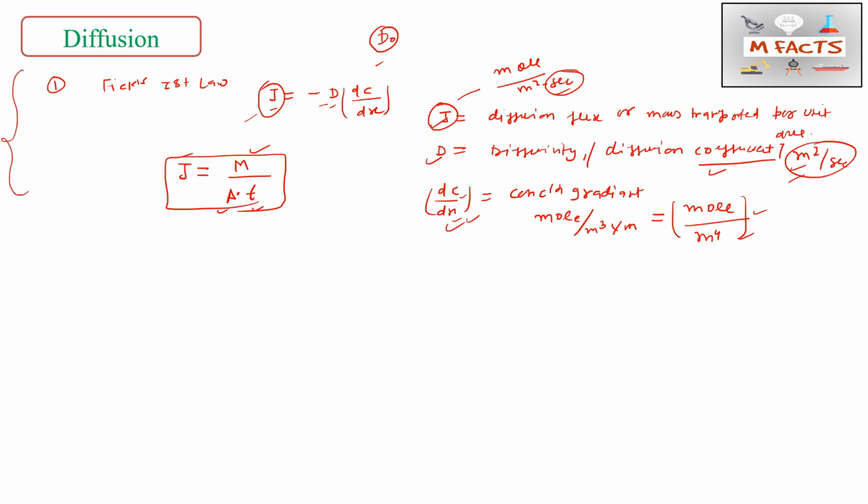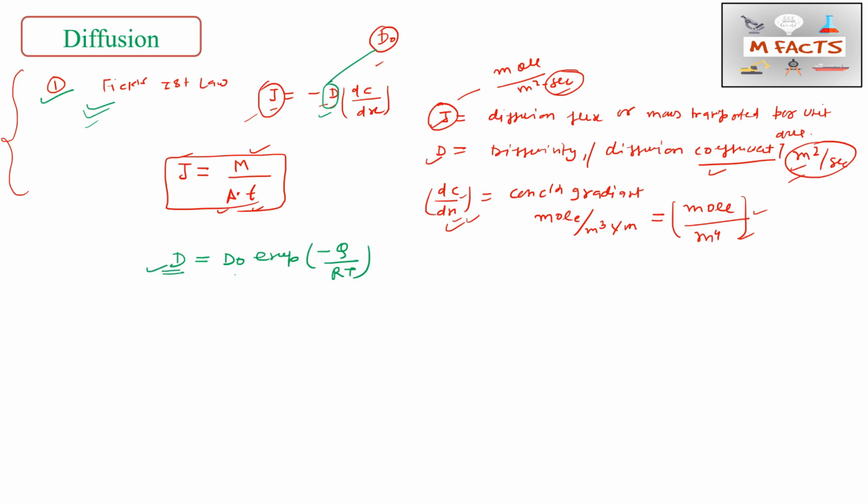This is a very important law, and sometimes you will get 1 or 2 marks numericals from this Fick's first law. Now I will try to relate this D and D naught, how we can relate them in diffusion. That is D is equal to D naught exponential of minus Q by RT. You will get very simple numericals from this Fick's first law. You can do them on your own, so I will not tell you examples of Fick's first law. I will tell you the numerical part of Fick's second law. Okay, so this is the relation between D and D naught.